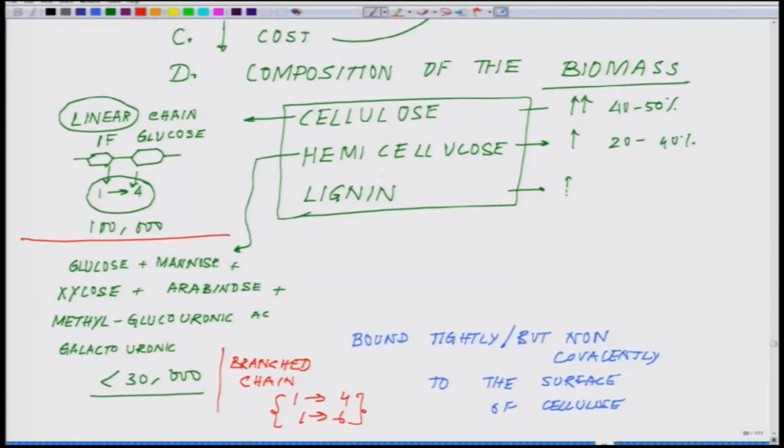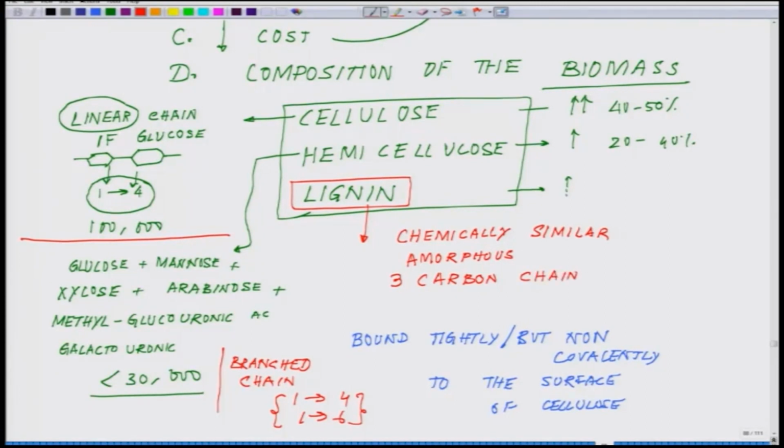The third category in this is the lignin. So lignin is very similar to these families, it is chemically similar to cellulose and hemicellulose. It's kind of a binder, for the cellulose, between the cellulose and hemicellulose, putting it all together. It is amorphous, and it is made up of a 3 carbon chain. This part is very critical, a 3 carbon chain